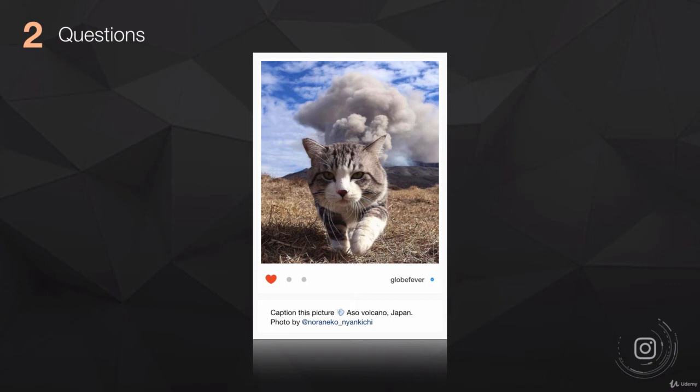And here's a third, not specifically a question, but a call to action, which is "caption this picture." They haven't actually captioned their own photo, but they've got a really cool photo of a cat in front of a volcano in Japan, and they're asking people to caption it. So whether people actually go down to the comments and caption it for them and increase engagement that way, or they just see the call to action and think, oh, what would I caption it? They don't even have to type it, but they'd scroll back up to the photo and think, oh, what would I do? And to caption this, they're increasing their engagement.